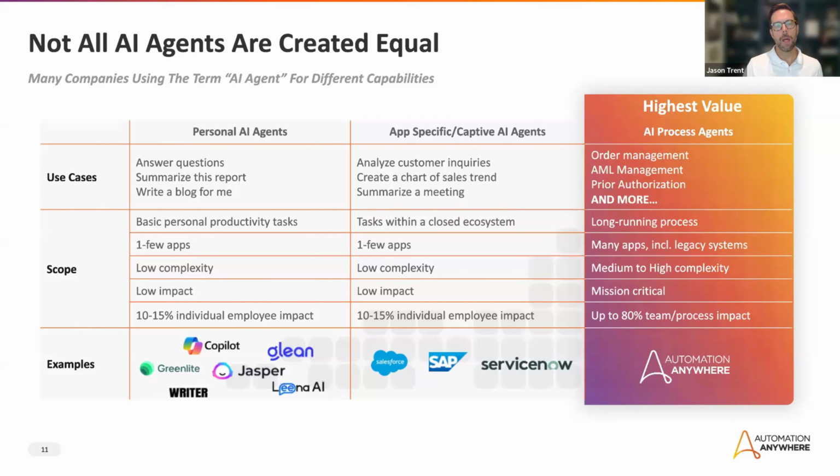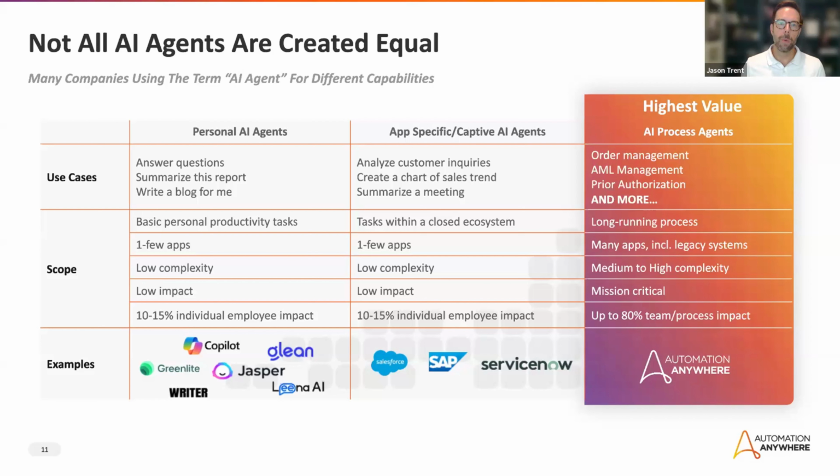The first, on the left, is what I like to refer to as personal agents. These are agents you're probably already using today, things like Microsoft Copilot, Glean, Writer, or others. These agents are focused on making your job a little bit better, a little bit easier. For instance, you might go to Writer to help draft some content for an email you want to send, or maybe use Microsoft Copilot to take that Excel workbook and turn it into a presentation. But that's not really driving mission critical business processes and digital transformation across the entire organization.